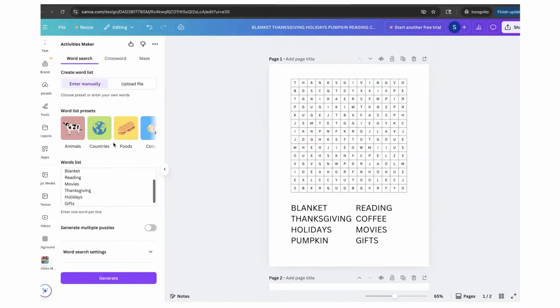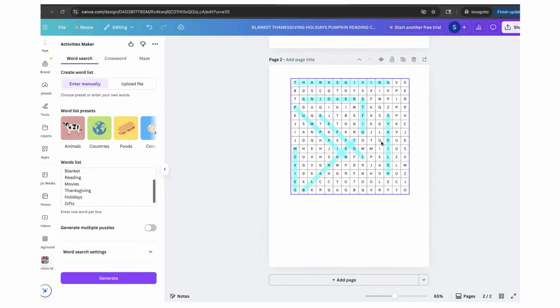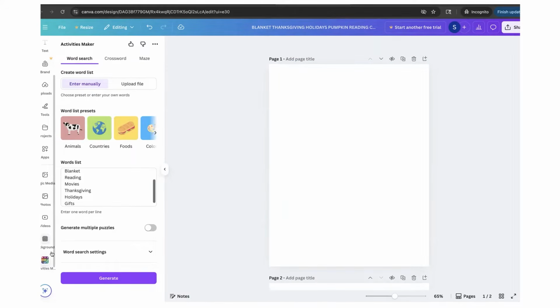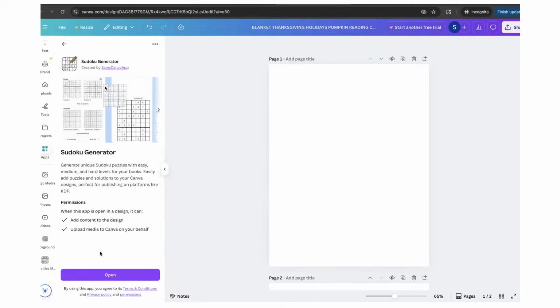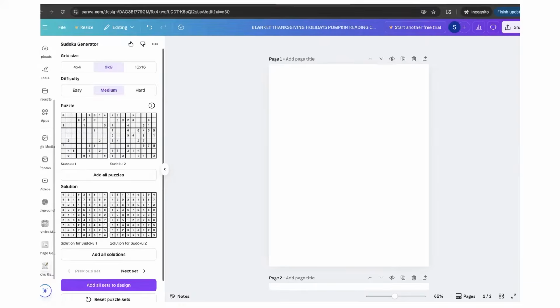But I want to do Sudoku, so I'm going to go back over. I'm just going to delete these. And on the left here, go to apps. So you see here, there's a Sudoku generator. I'm going to use this one and click open. And they did theirs easy to hard. So I'll do the same thing. Easy to hard